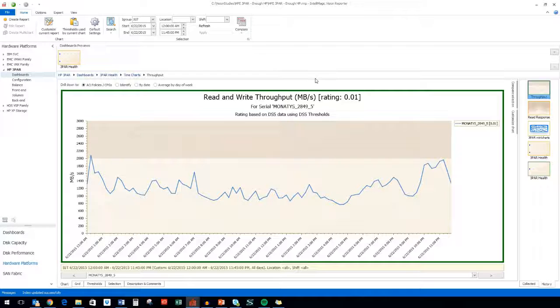The read and write throughput megabytes per second chart is now in focus. The single line on this chart represents the average total throughput for the storage system monetize_2849_5. The background colors represent the thresholds. The lighter area indicates a safe area where the system has plenty of room for additional throughput. The light brown warning area represents the threshold for which the system is close to being out of throughput capacity,